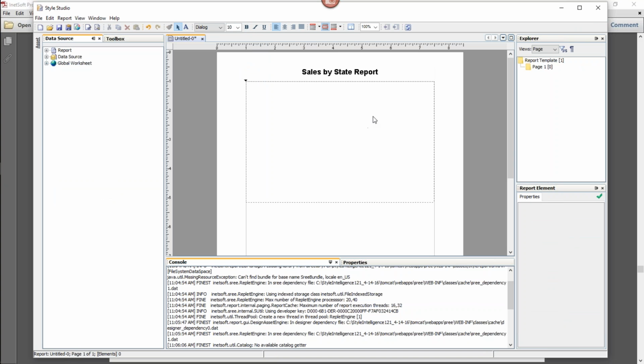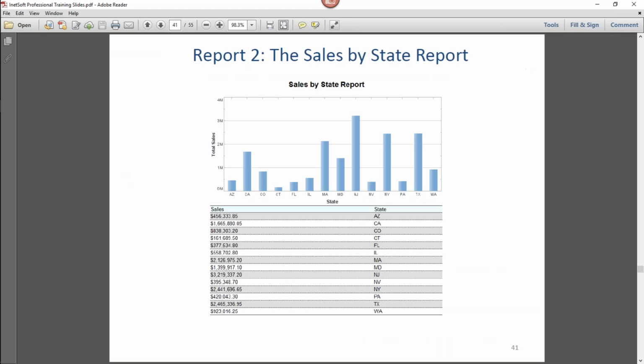All right, so there's a header, and like I said, because I'm using the default header region, that would be repeated at the top of every page of the report. In this case, the report only has a single page, as you can see here. Actually, that might not be true. It might go on to a second page. We'll have to see. But if it does go on to a second page, then that header will appear at the top of the second page also.